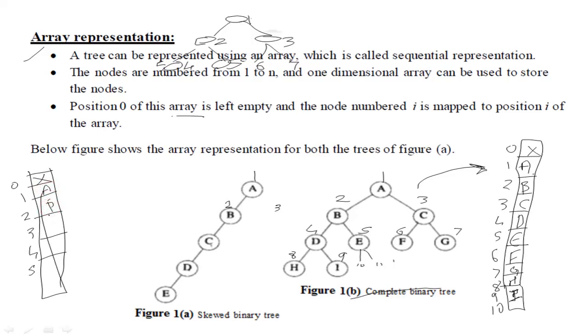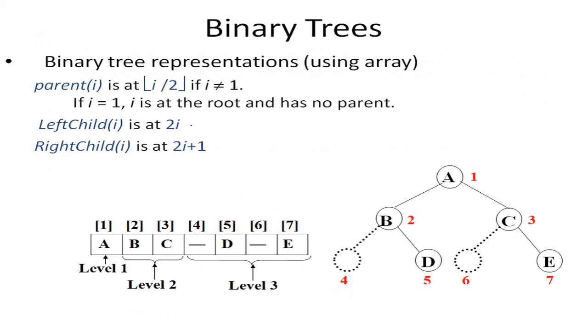That will not be correct, because for retrieval of some node, say I want to access the child node of A or the parent of C, retrieval will be difficult if I just save randomly. So I will have to save it in this particular order only. To understand this better, we'll go to the next slide. This is a tree which has elements A, B, C, D, and E, whereas these dotted lines here are absent. There are no elements there.